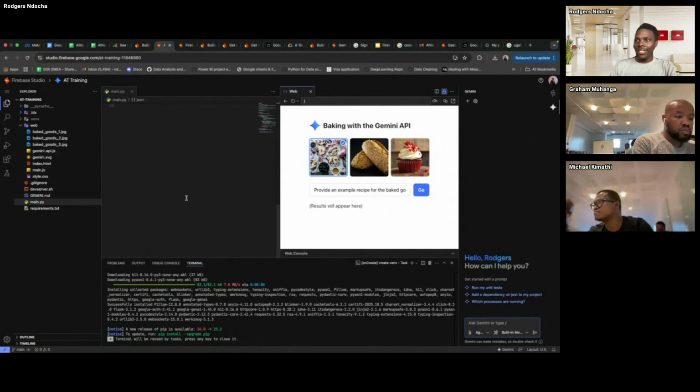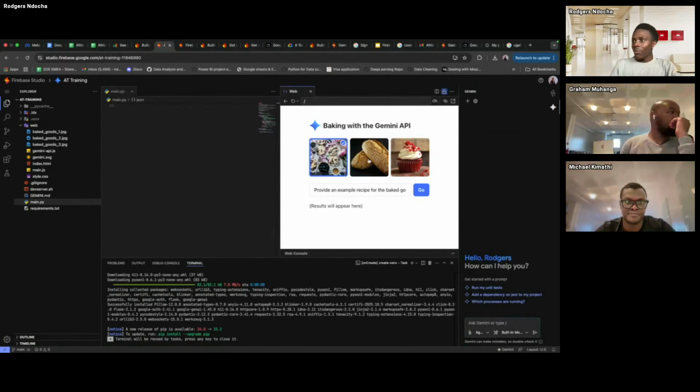This is the preloaded template. It's working with the Gemini API. So specifically, it provides an example of a recipe. For example, it gives you the recipe of what you can do from this.